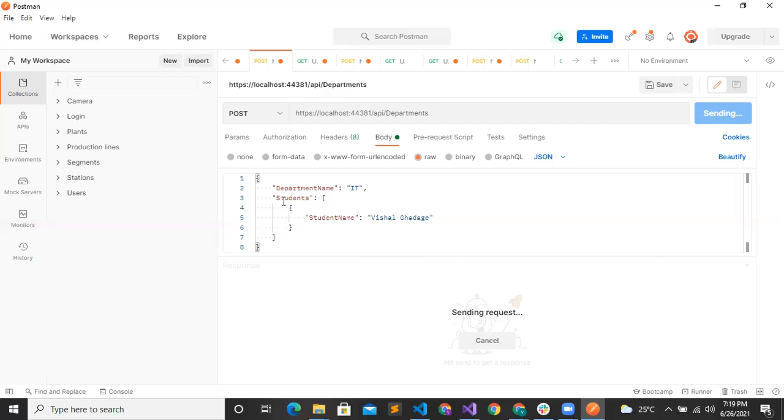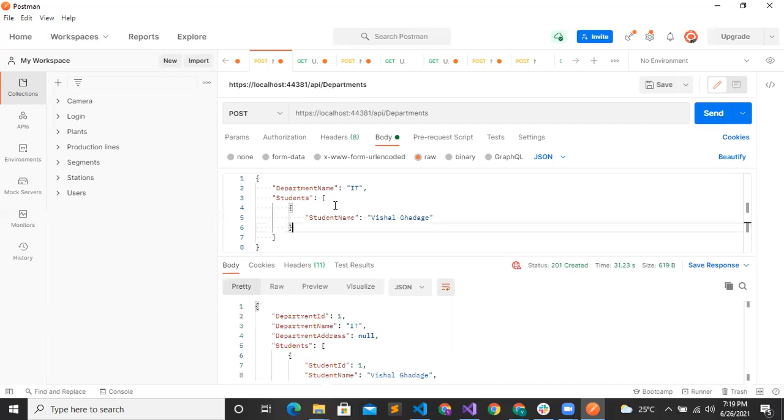This is the students object. So department has a one to many relationship, so we can directly send the department name along with the students array.